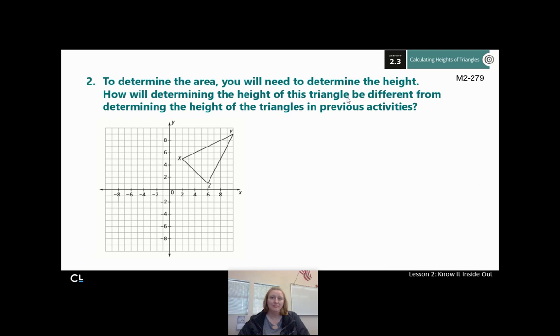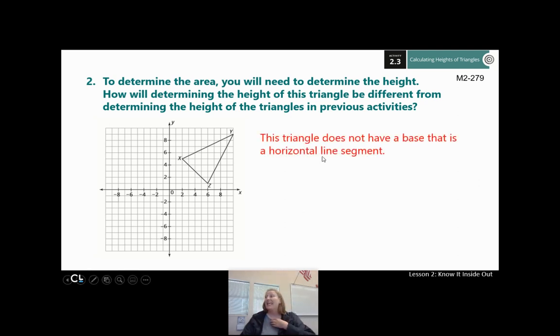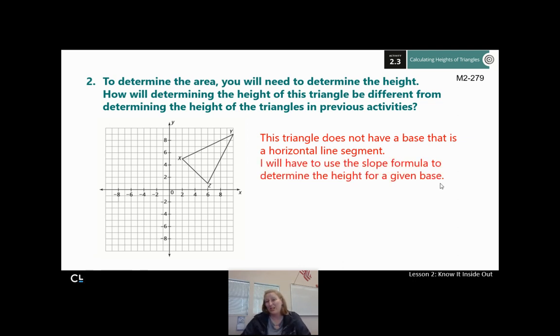So the last time when we did this, at least one of the sides of my triangle was horizontal, which made it nice and easy to use that as a base. This triangle does not have a base that's a horizontal line segment, right? I don't have any boring flat lines. They're all tilted one way or the other. Everything's tilted. And so we're going to have to use the slope formula. We're going to have to play with some slopes a little bit to figure out the height for a given base. So I'm going to explain to you how that works, and then we're going to work it out ourselves